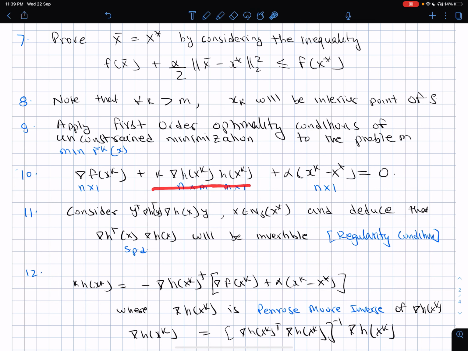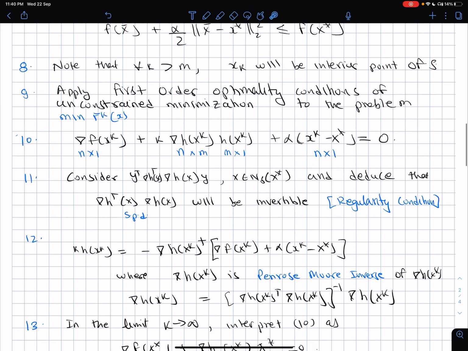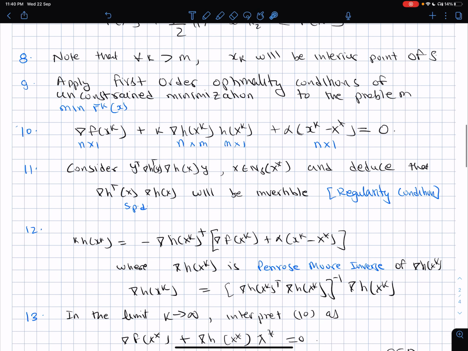So you got this term, and when you take the gradient of the third term here, it's very easy. Alpha by 2, the square of the norm of xk minus x star, then the gradient term will be alpha times the, if you want, I'll just use the square bracket, xk minus x star. And so this gradient vector, according to the first, if xk is the unconstrained minimum of this problem, then this gradient vector should be 0.